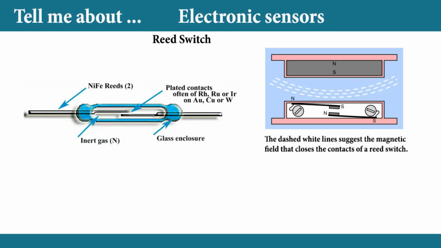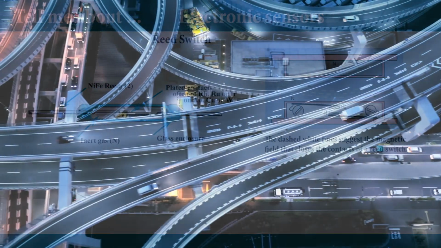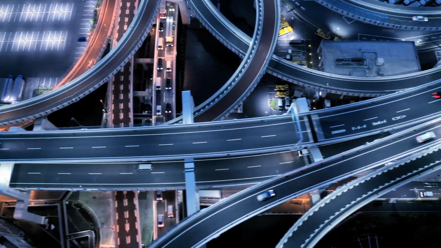Other applications. Automotive industry. Reed switches are used for detecting the position of doors and hatches, gear selection, and other mechanical movements. Consumer electronics. They are used in devices that require the detection of open-close positions or proximity sensing. Industrial machinery. Reed switches are used in limit switches, flow meters, and other control systems, where magnetic field detection is crucial.